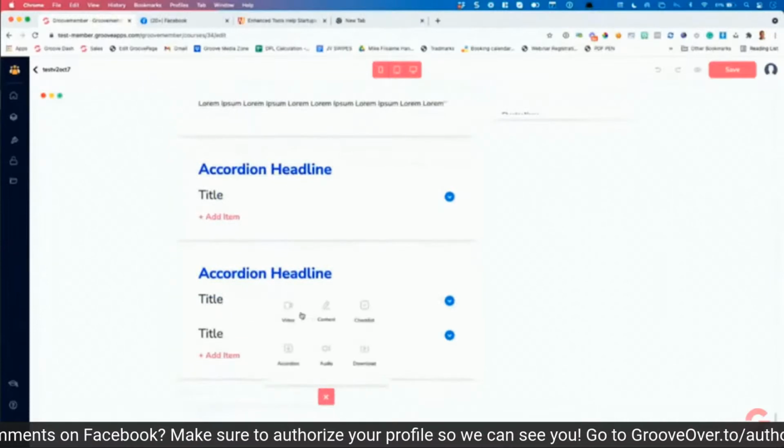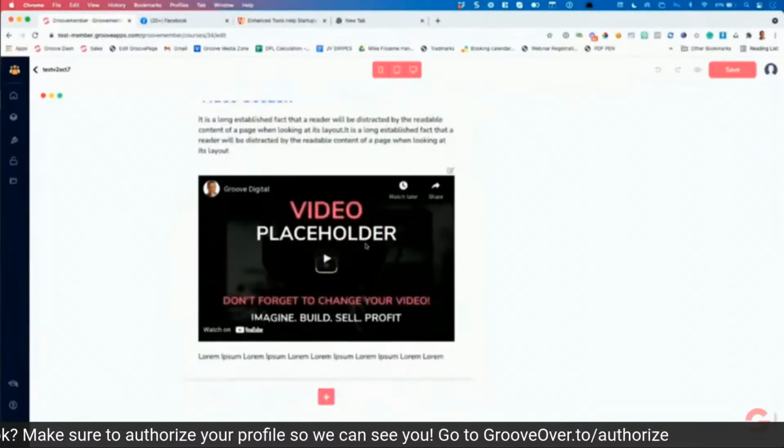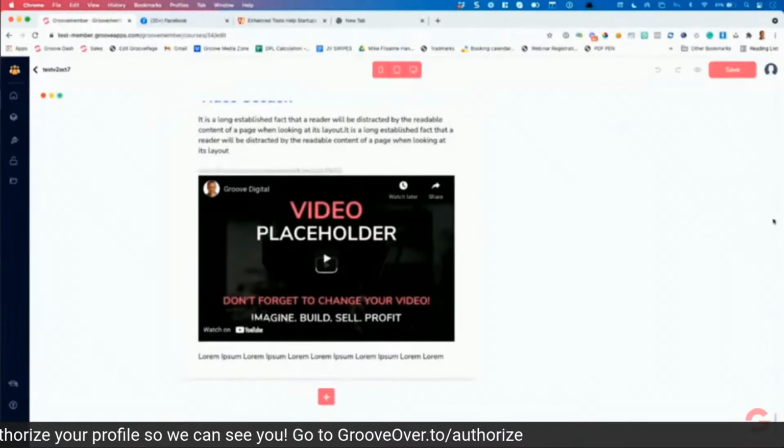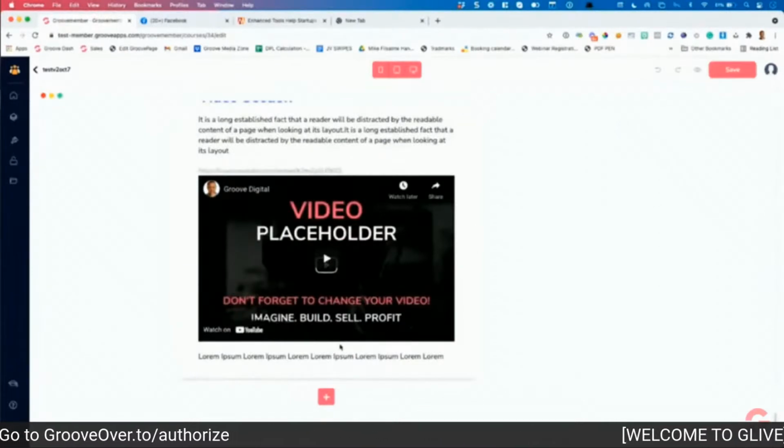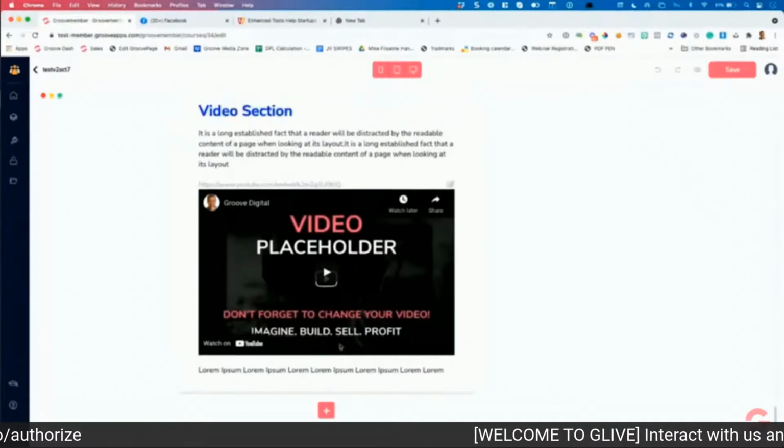Now, check this out. I want to add a video. I click here. I click the edit button. I don't even need the style editor, stuff like that, because it's a theme. We don't want you changing the buttons. They have to be the same. All buttons need to be the same all across.